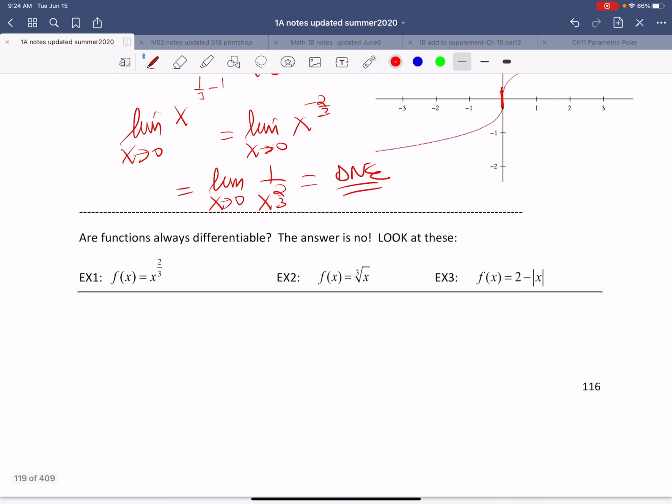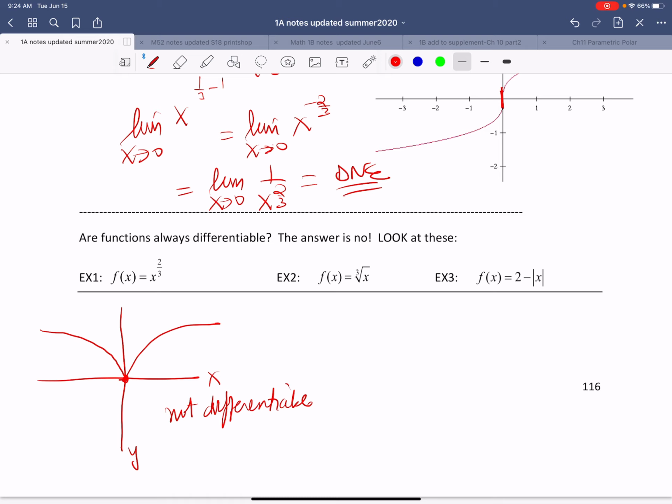Let's look at a few more functions and see if they're differentiable or not. We're going to look at them graphically. You can also use the limit definition. So let's go ahead and look at the graph of x to the power 2/3. That's how the graph of x to the power 2/3 looks. Is that differentiable at 0? No. So not differentiable at x equals 0. Next we have the cube root of x. Cube root of x looks something like this. And again, it looks like there's a vertical tangent. This is going to be not differentiable